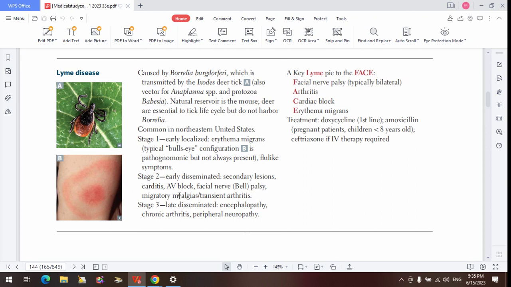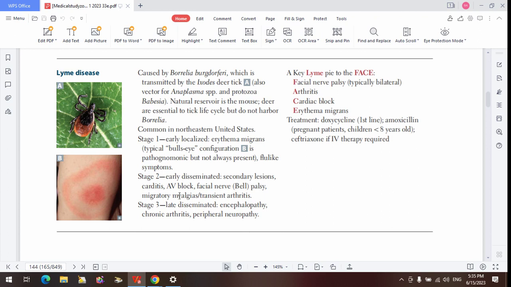Then it affects the joints and the muscles too, transiently. So both of them are transient, causing transient myalgia. It can affect the muscle of the lower limb now, then tomorrow it goes to the upper limb. You know, it doesn't stay for a long time. So transient joint and muscle problems. Then the heart and the cranial nerve. That's it. So for the early disseminated stage, the heart causing myocarditis and AV block, the cranial neuritis, particularly